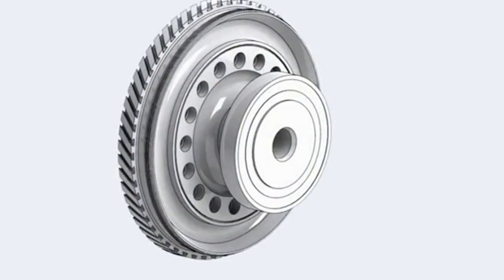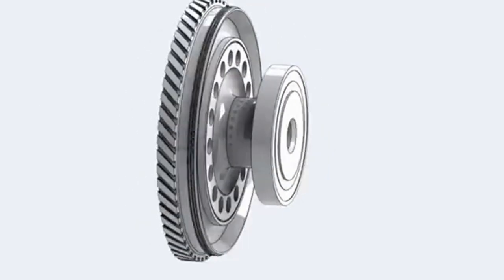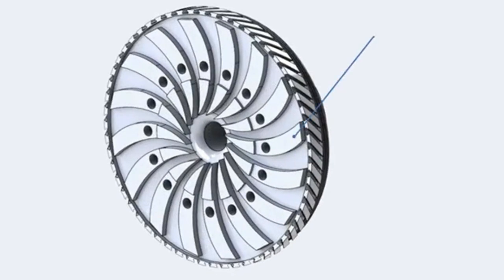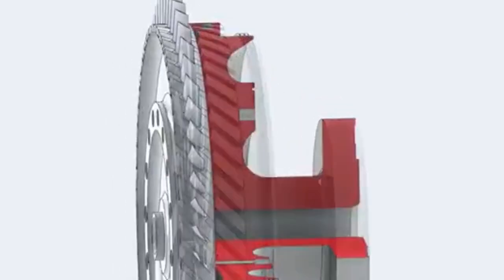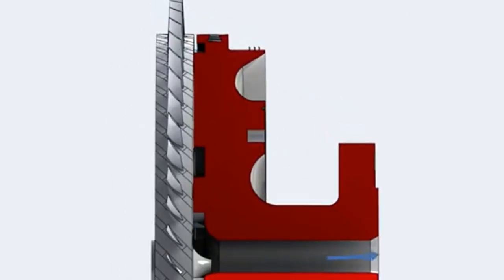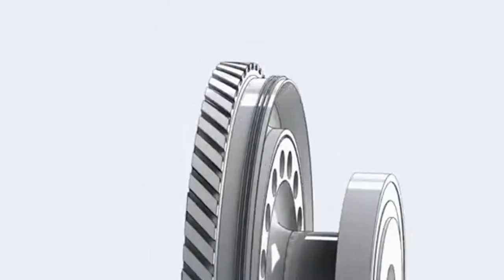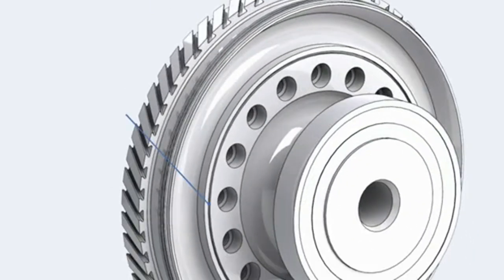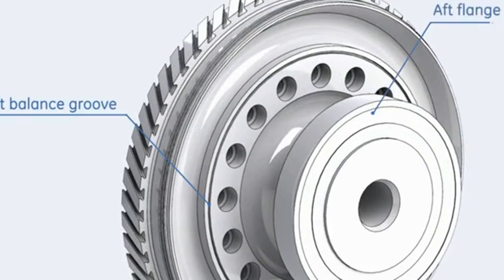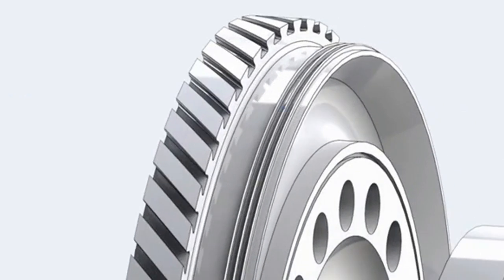The aft stub shaft is machined to provide the following features: a fan is machined on the forward side of the stub shaft. This fan draws air through the gap between the 16th wheel and the aft stub shaft to cool the turbine rotor parts. Aft balancing groove. Aft flange to connect the compressor rotor to the turbine rotor. Labyrinth teeth to mate with compressor stator parts to prevent compressor discharge air from escaping inside the inner barrel around